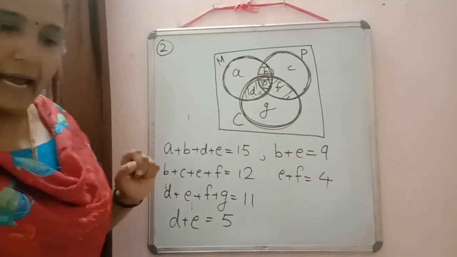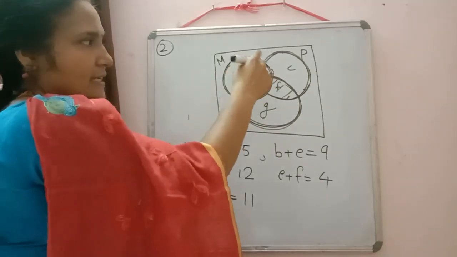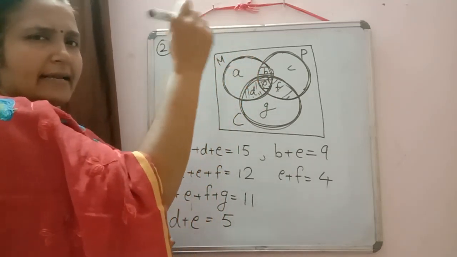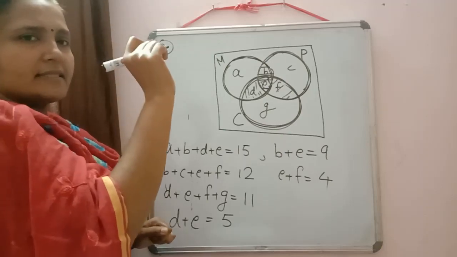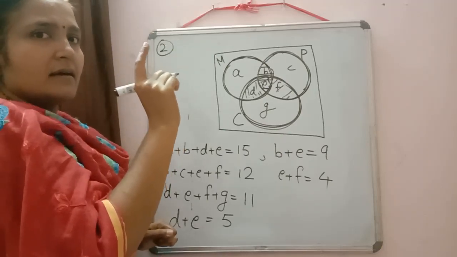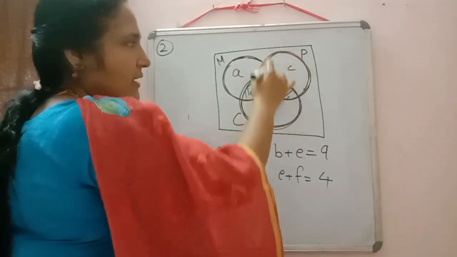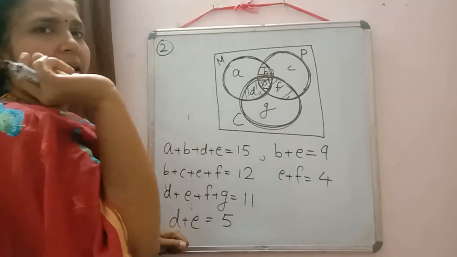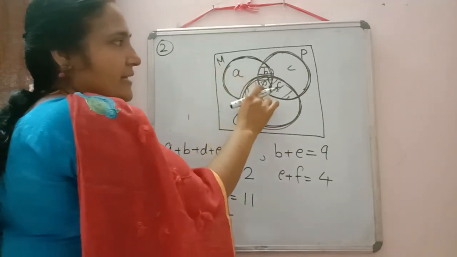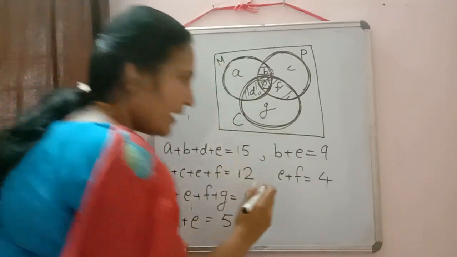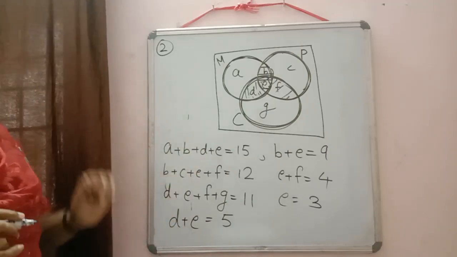Then 3 had taken all the 3 subjects. So when we have drawn in this way, do you have any letter common in all the 3 circles? Any common region in all the 3 circles? Yes, that particular region is common in all the 3 sets. Which region? Yes, that is the region E. So we have E is equal to 3. So these are the informations which we have.